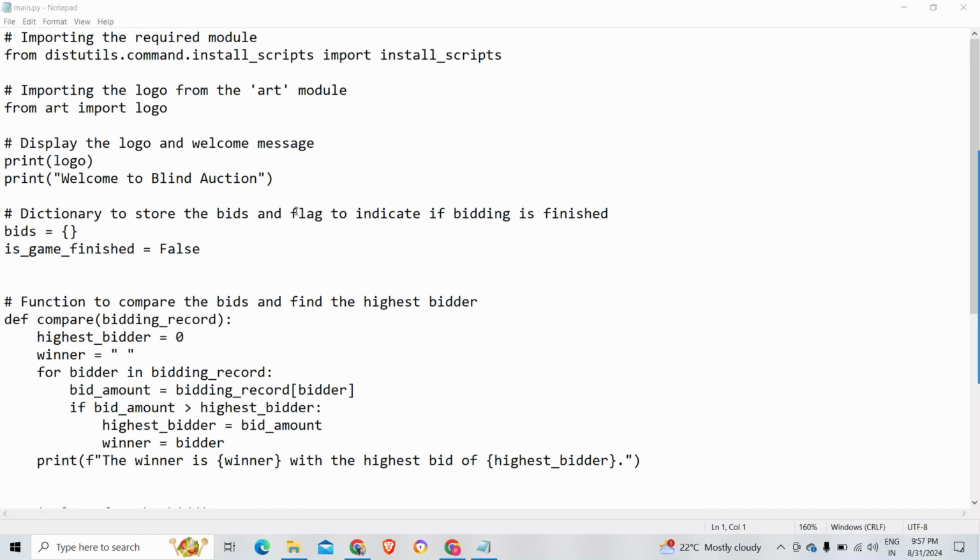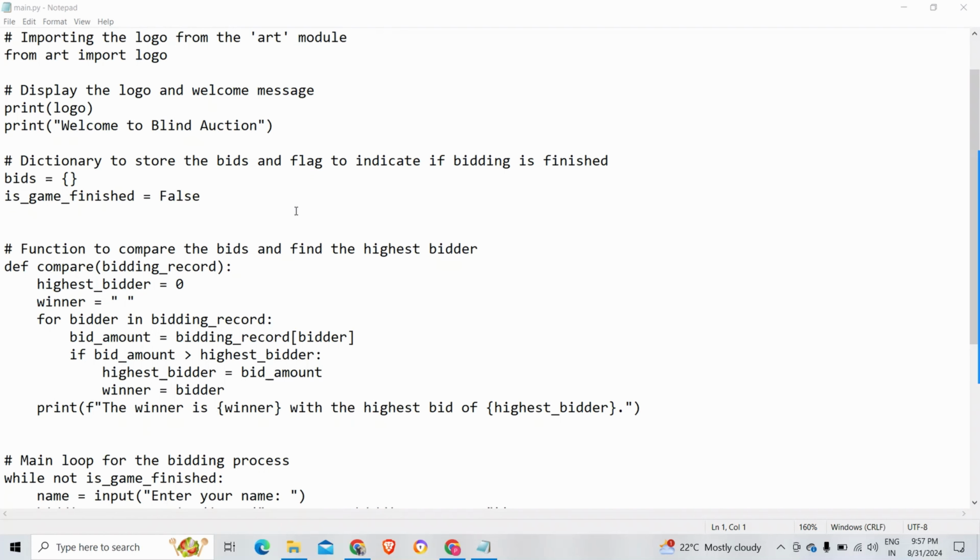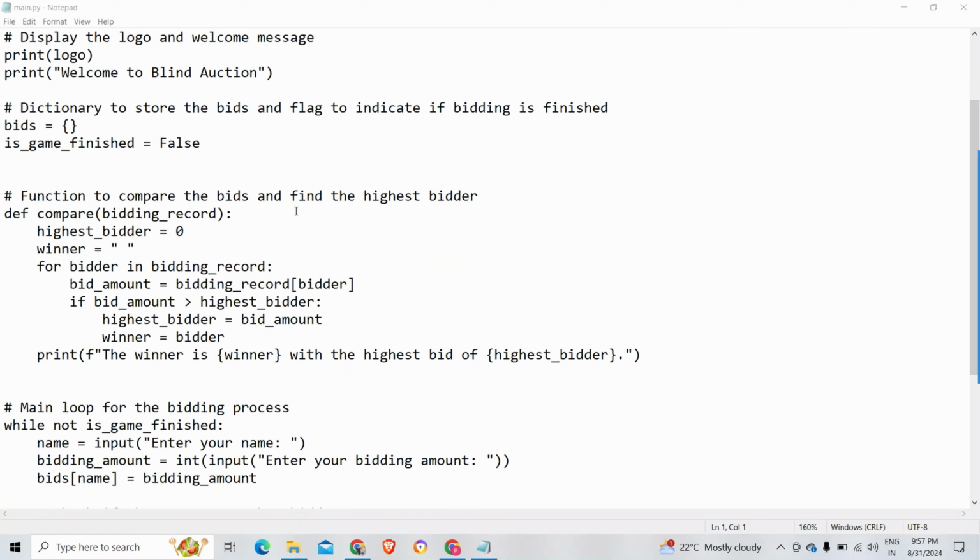Then we have if bid_amount is greater than highest_bidder. It checks if the current bid amount is higher than the current highest bid. Then we have highest_bidder equal to bid_amount. That is, if the current bid is higher, update highest_bidder with the new highest bid amount. Then we have winner equal to bidder.